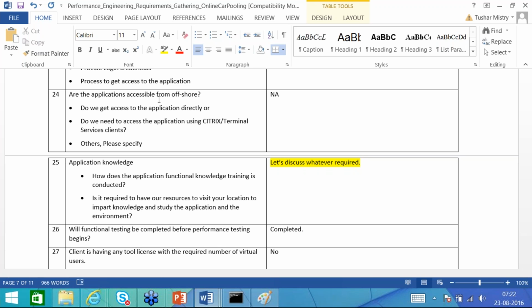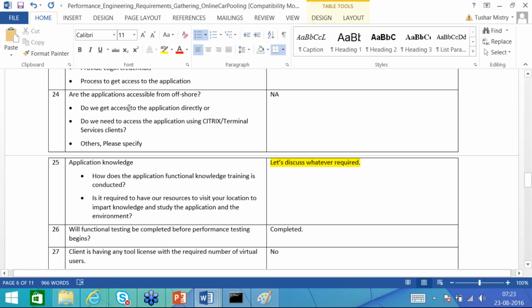Sometimes what happens is we need to get the IP address entered into a file. Okay, then only can we access the application. So all these things you should keep in mind before starting your scripting phase, because all these things need to be clarified before we even prepare the test plan, so that we have all the data related to the application available in our hand. Okay.